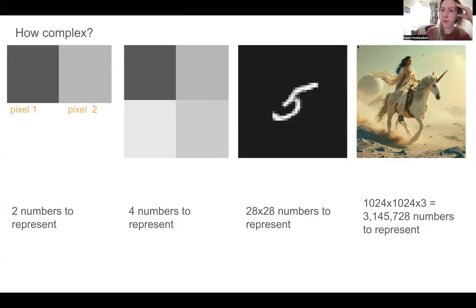And then we'll extend it, so rather than having 28 by 28 pixels, we can deal with arbitrarily large resolutions. And then finally, rather than just representing MNIST digits, we want to think about representing images in some kind of full generality. So we're going to need about 3 million numbers to represent images like this.